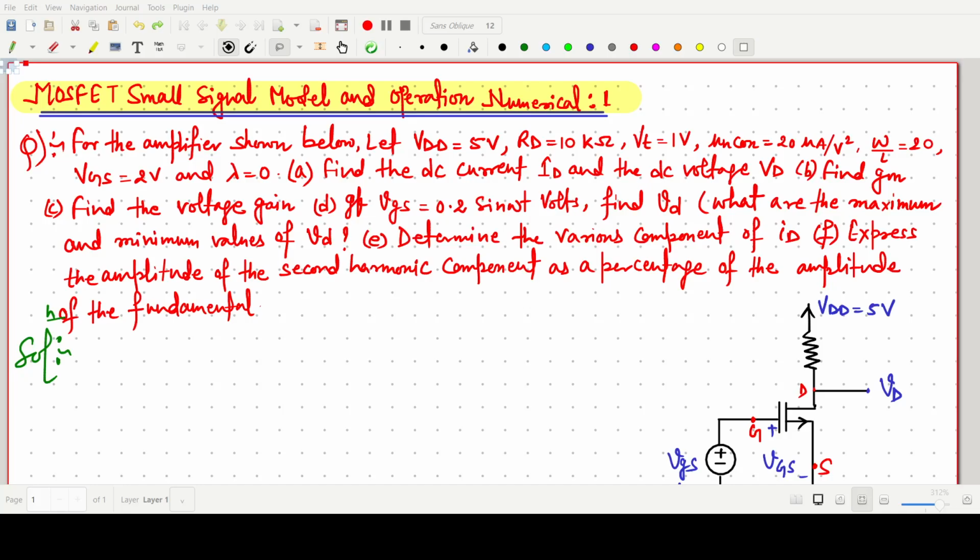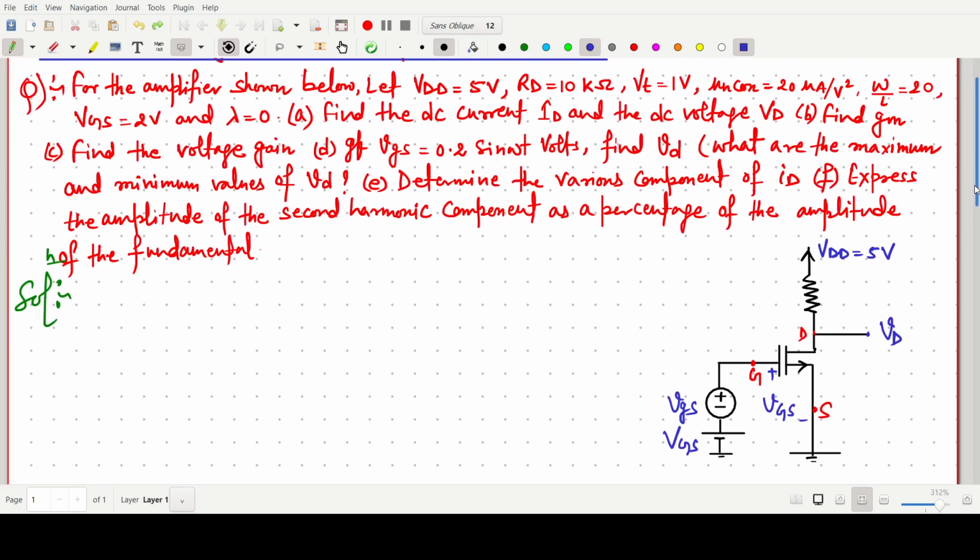Welcome everyone. In this video, we will solve a problem based on the MOSFET small signal model and its operation, and it is from the Microelectronic Circuits book. So the question is for the amplifier design. For the amplifier design, a circuit is given which is shown here, with VDD 5 volt, RD